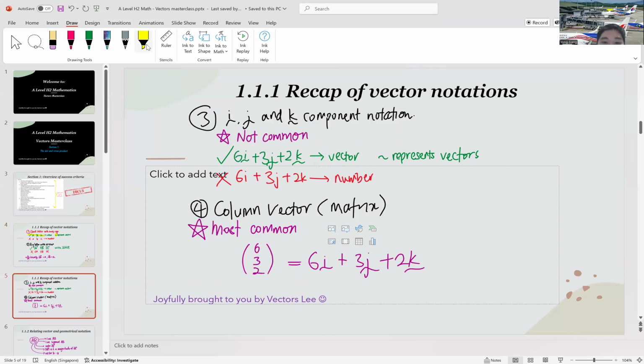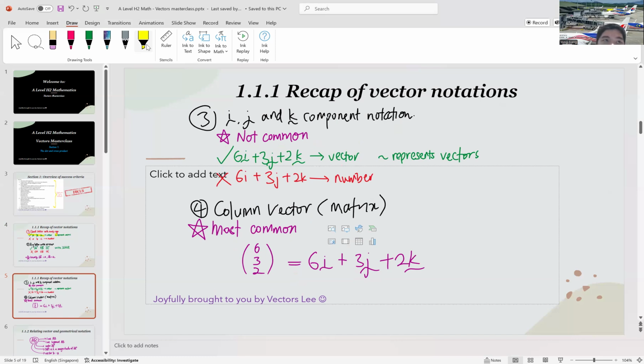I, J, and K component notation is not very common. It's just like splitting up the vector into three components that are perpendicular to each other, because this world is in three-dimensional space, okay? And then the last one, column vector for the matrix, is the most common because most questions like to express